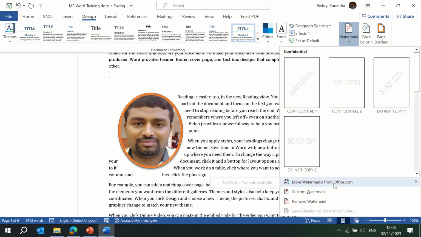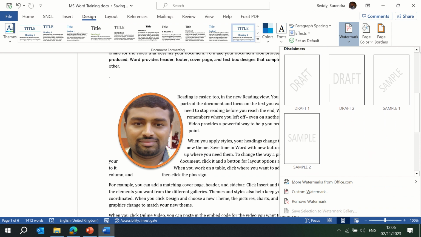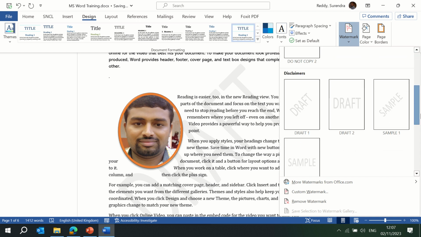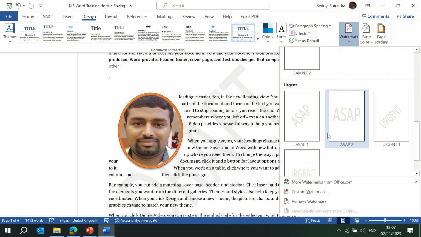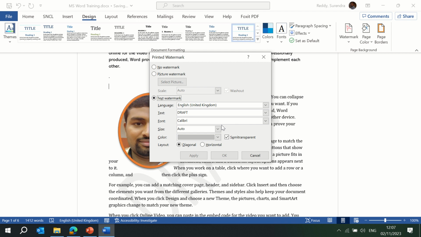And if you want more watermarks from office.com, you can have them. For example, you have created a draft and you want to mark it as a draft, you can use this watermark. Similarly, here we have sample, ASAP, urgent, all these you can use. However, there are custom watermarks: custom watermarks, no watermark, picture watermark. If you want to put a company logo in your watermark, you can select picture watermark, then you can choose